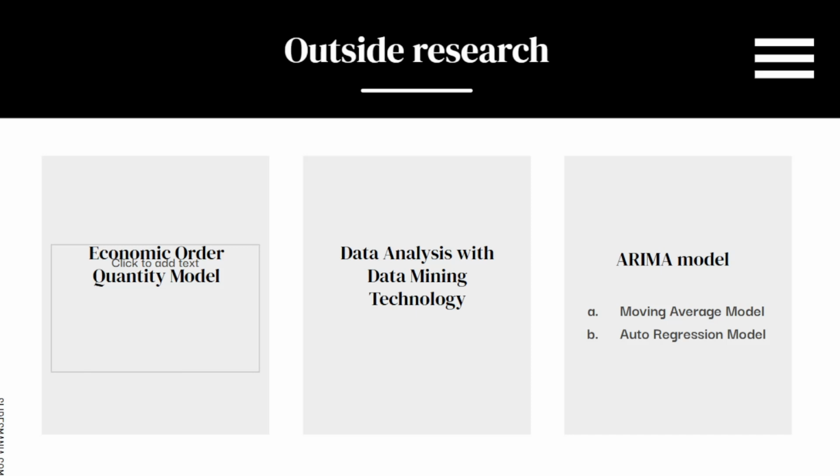And a third technique or model would be the ARIMA model. The ARIMA model is a demand forecasting technique. It is a mixed model that combines the auto-regression model and the moving average model. The auto-regression model is a machine learning model that uses past data to predict future values in a sequence, while the moving average model models the univariate time series.